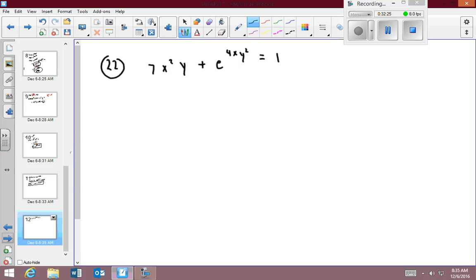So we implicitly differentiate that. So this is the derivative of the first term is going to be 14xy plus, and then it's going to be 7x squared, and then it's y prime